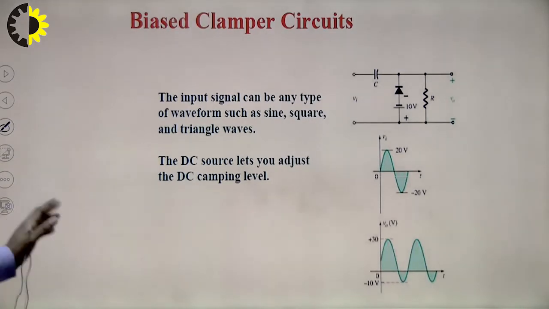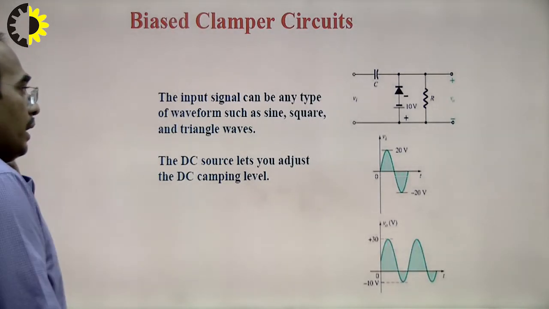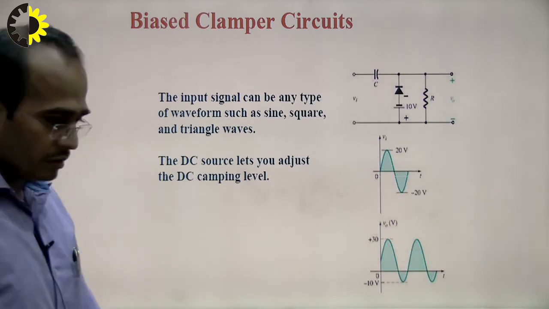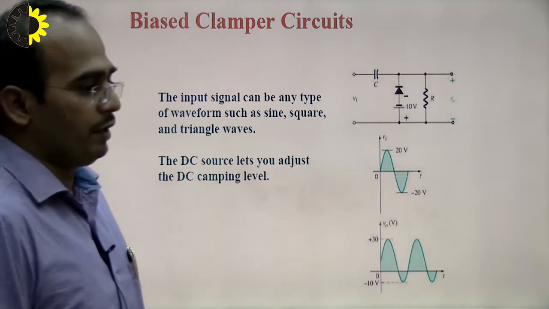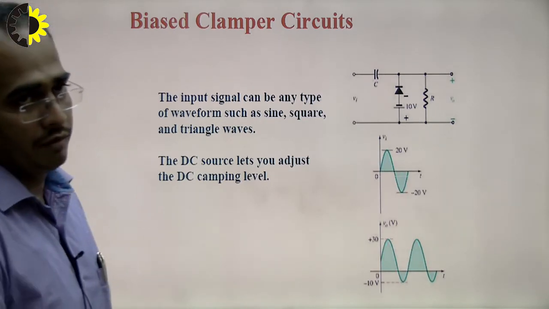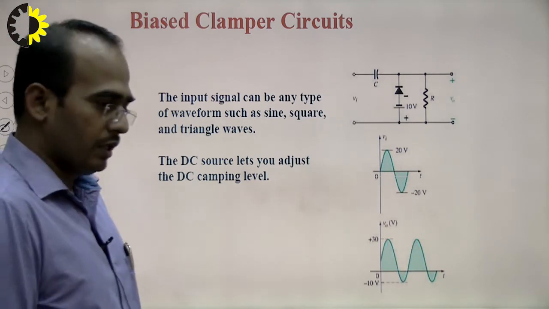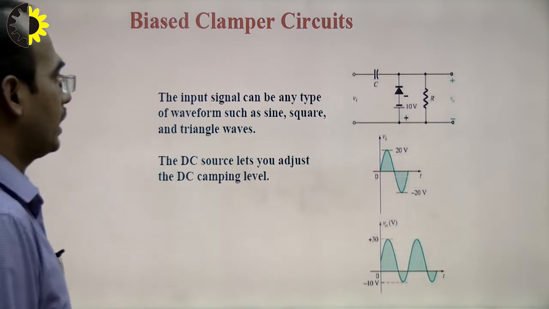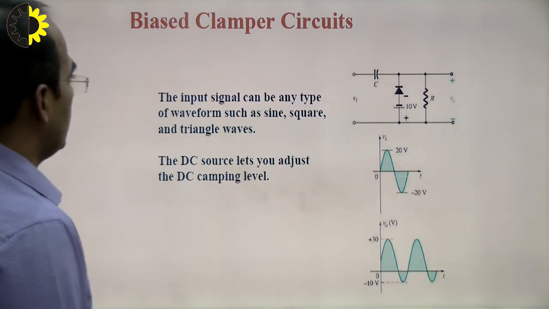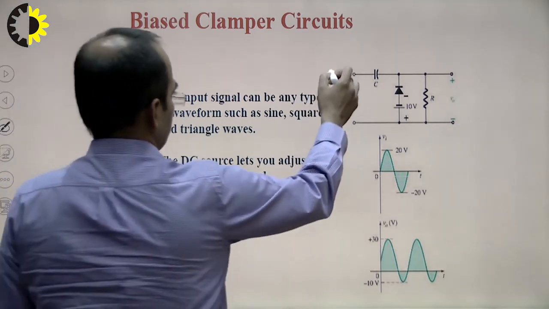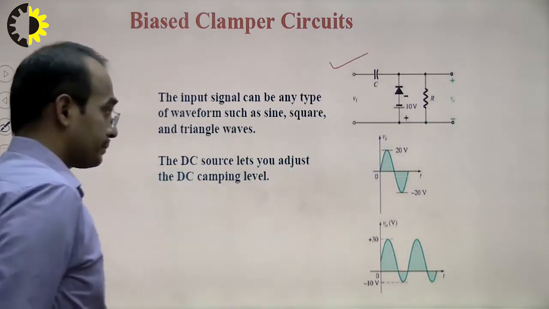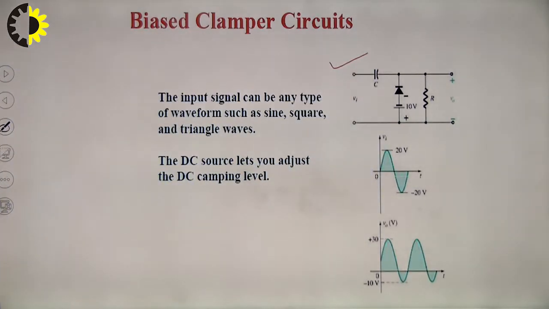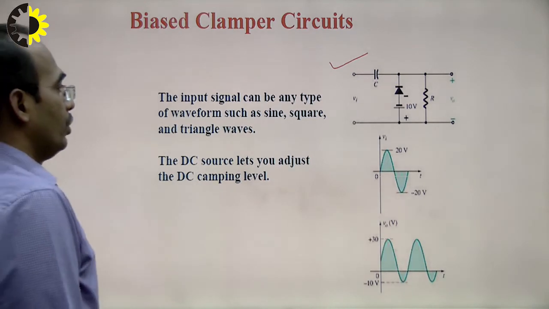Now this is the example of a biased clamper circuit. Here we can also consider different types of waveform. There are only three types of input waveforms. One is the sinusoidal wave, second is the triangular wave, third one is the square or rectangular wave. So this is the example of a biased clamper circuit. Here we have used a biasing voltage of 10 volt,